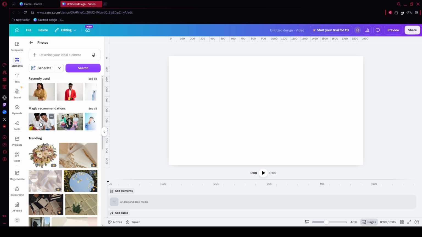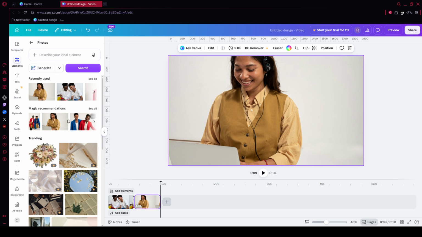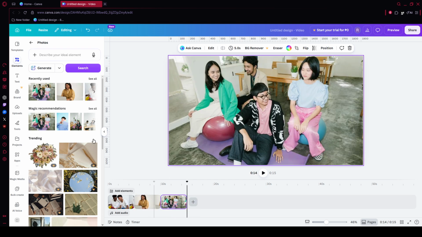Now drag your first photo down into the timeline and place it on the first page. To continue, click the Add Page button in the timeline to create another slide, then drag in your next image. Keep repeating that process until all your photos are arranged in the order you want. This is the point where your story starts to take shape, so take a moment to make sure the image